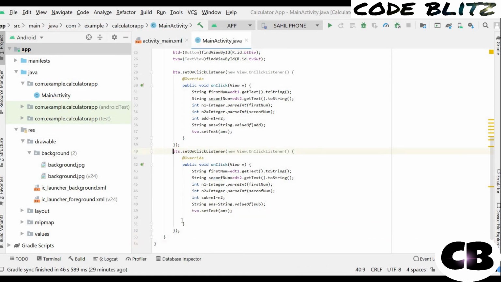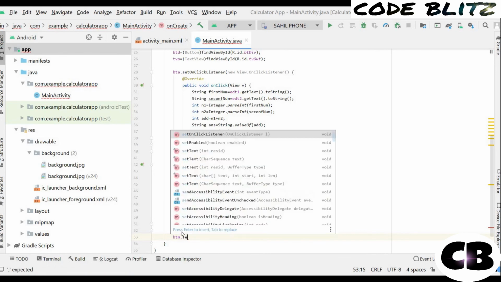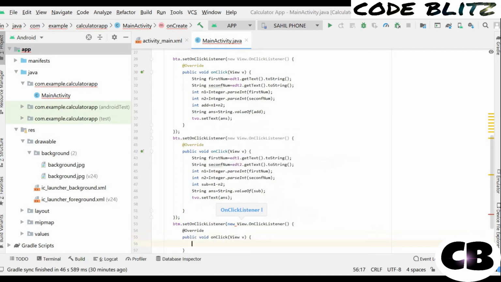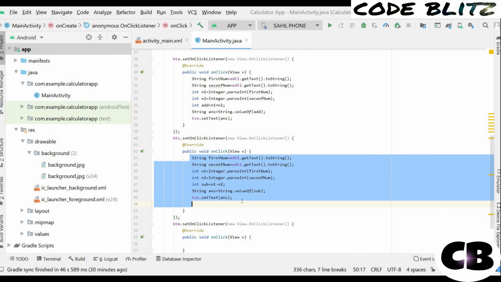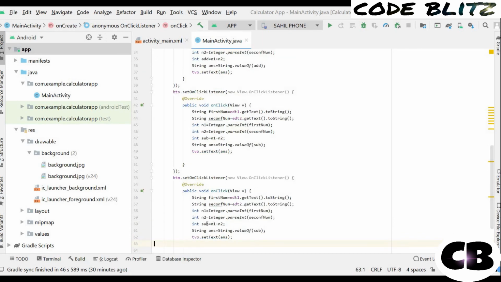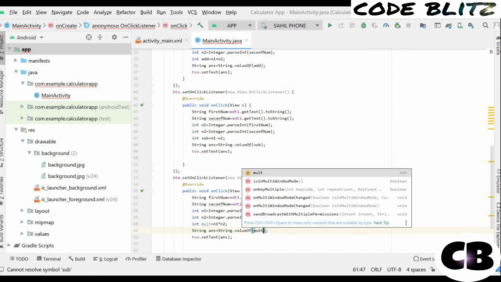Similarly, let's do it for the multiplication button, that is btm dot setOnClickListener and new View.OnClickListener. Again, instead of writing the same code again and again, you can use that feature. It will really save your time. Control V. Let's give the variable mult, and the formula for multiplication is n1 into n2. Then here also the parameter will be mult.